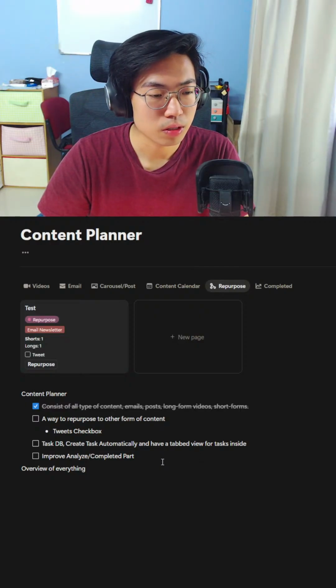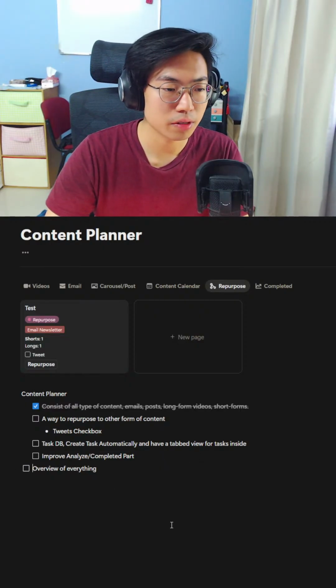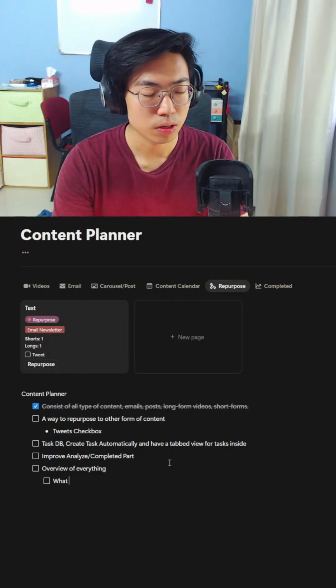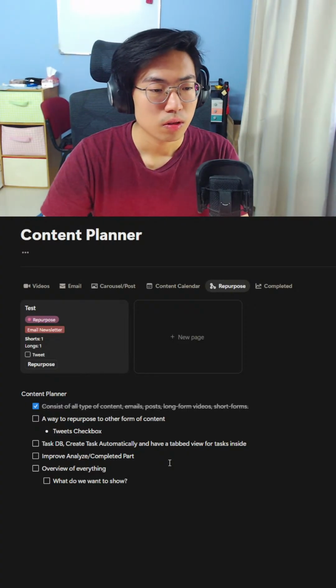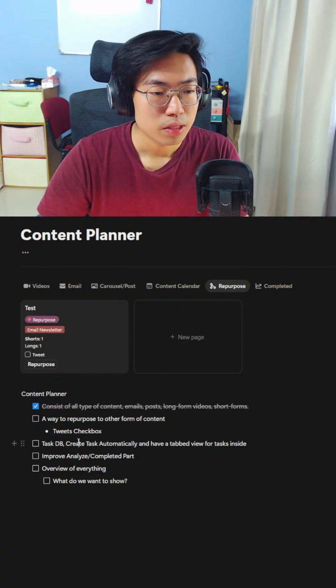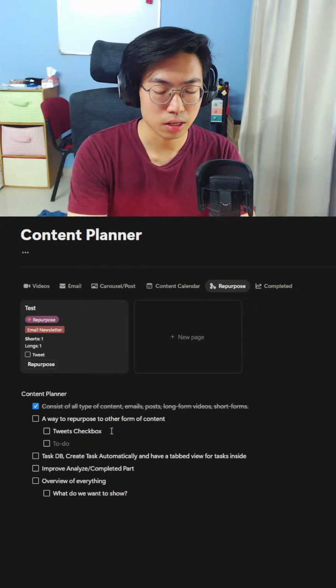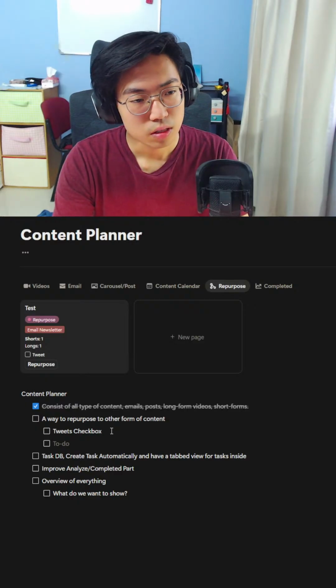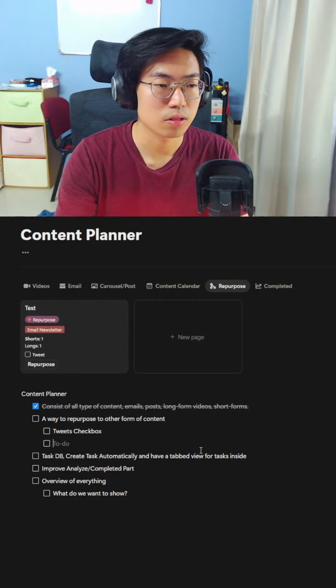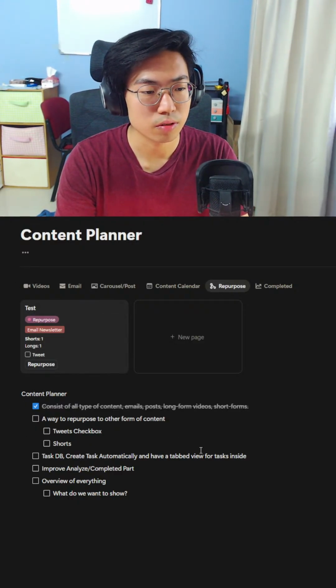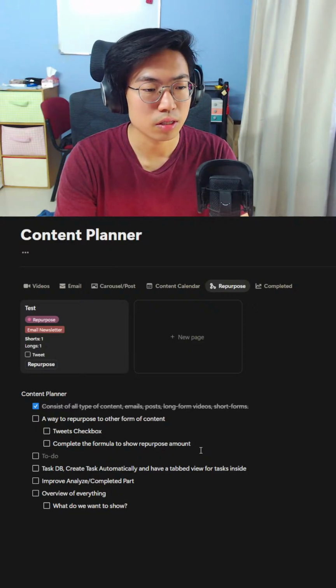So the content planner overview of everything. I'm not sure what that means. What do we want to show? Okay, so improve this, a way to repurpose. So we need a tweets checkbox. We need to complete this thing. So shorts and longs, and complete the formula. Show repurposed amount, and then we also need a template for each